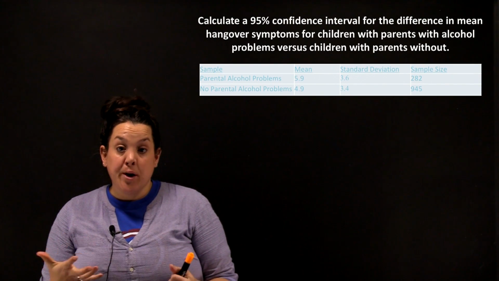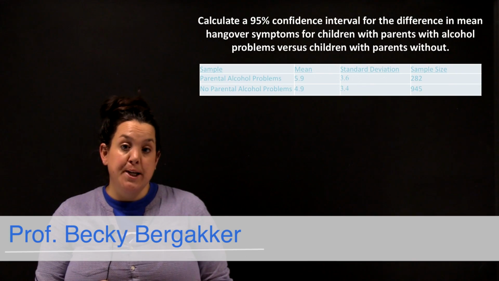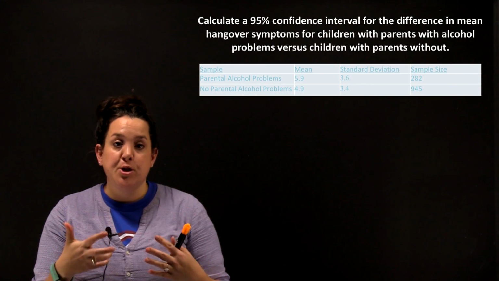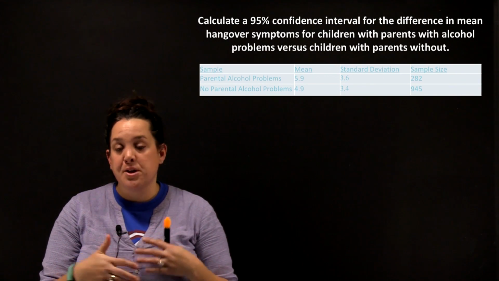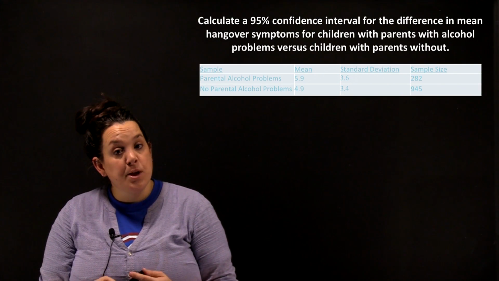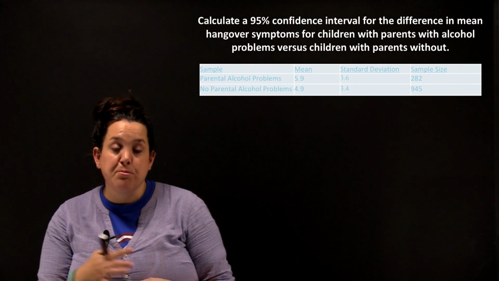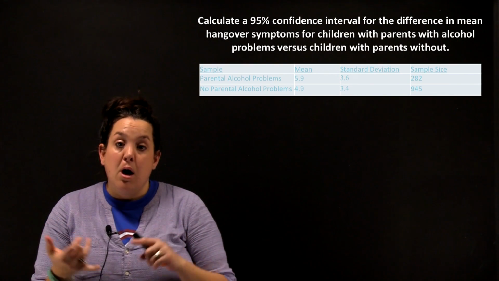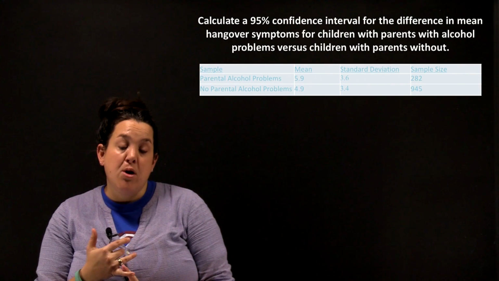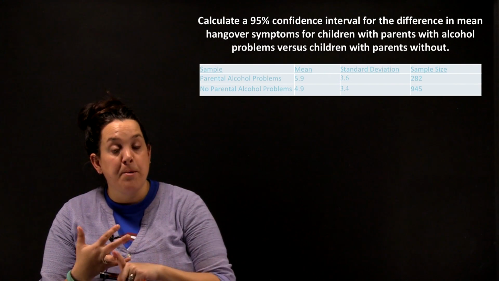So today we are going to be looking at how to calculate a confidence interval for two independent group data. So it'll follow the same format, we just have a little bit more work because we're trying to compare two groups. So we're going to do a 95% confidence interval looking at the difference between mean hangover symptoms for two different groups of college students. A group of college students who have parents with alcohol problems versus college students who have parents that do not